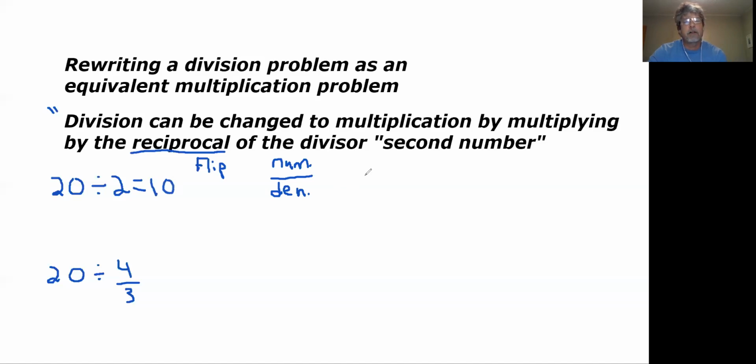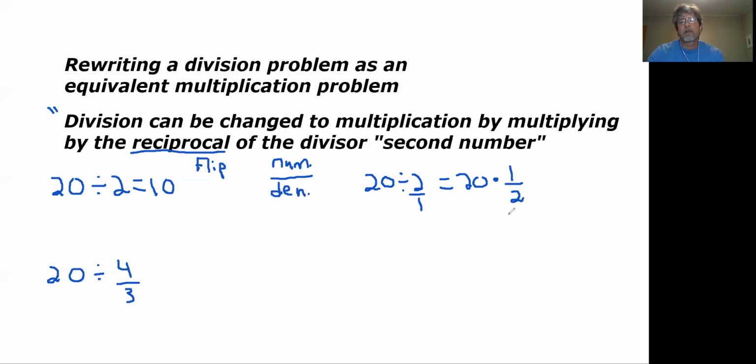But what I am allowed to do is change any division problem to multiplication. To do this, though, the second number has to look like a fraction. And I can make 2 look like a fraction by just putting it as 2 over 1, because remember, 2 divided by 1 is still 2. So I can create a numerator and denominator. And what we do here is we keep the 20. We change the division symbol to a multiplication symbol. And we flip, or reciprocate, the second number. So instead of having 2 over 1, we have